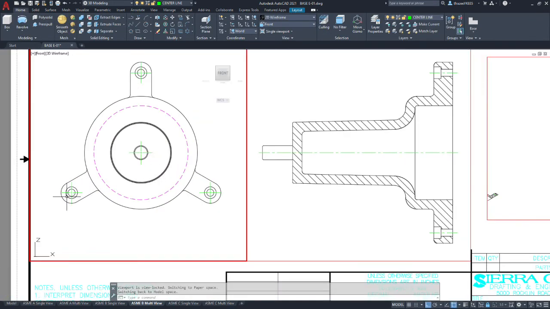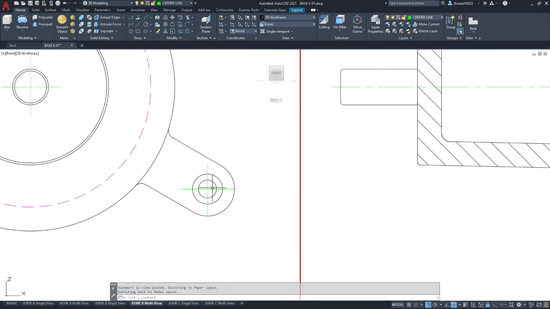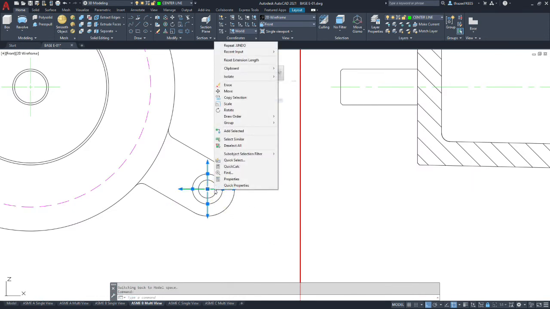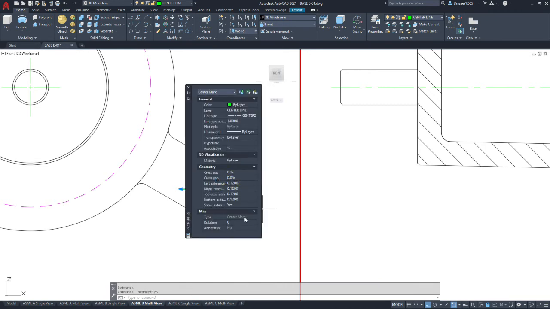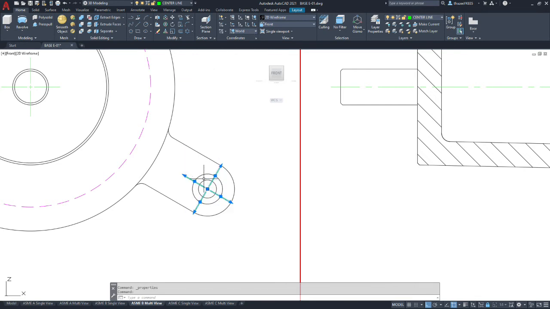Our two center marks that we have down here, we want to orientate them differently. They should be in line with the center lines that would go to the center of the part. So to do so, we're going to click on the center mark, right click on that center mark, and select properties. We're going to put in a rotation angle of 30 degrees. And what that does is now align that center mark radially.